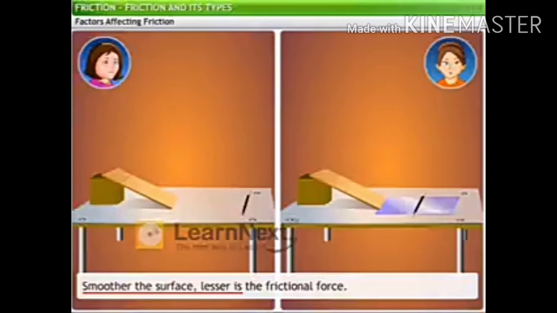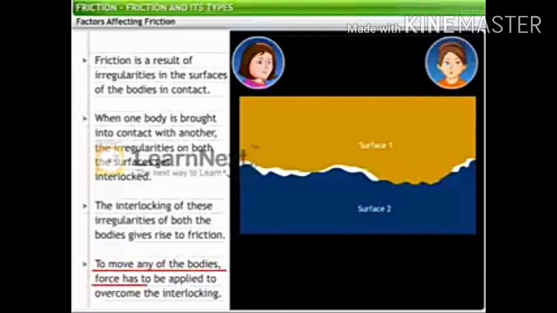Though many surfaces look like perfect planes, there exist many ups and downs. Ups and downs mean irregularities on the surface. So, friction is caused by the irregularities on the two surfaces in contact. Irregularities on the two surfaces lock into one another when we attempt to move on any surface. We have to apply a force to overcome interlocking.